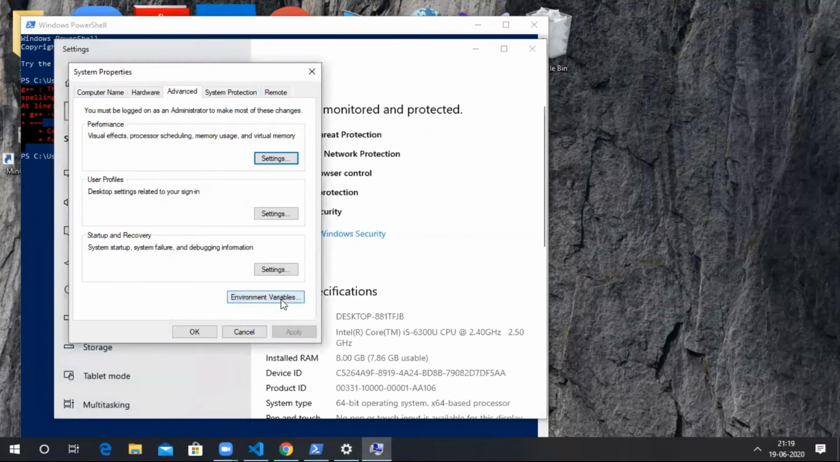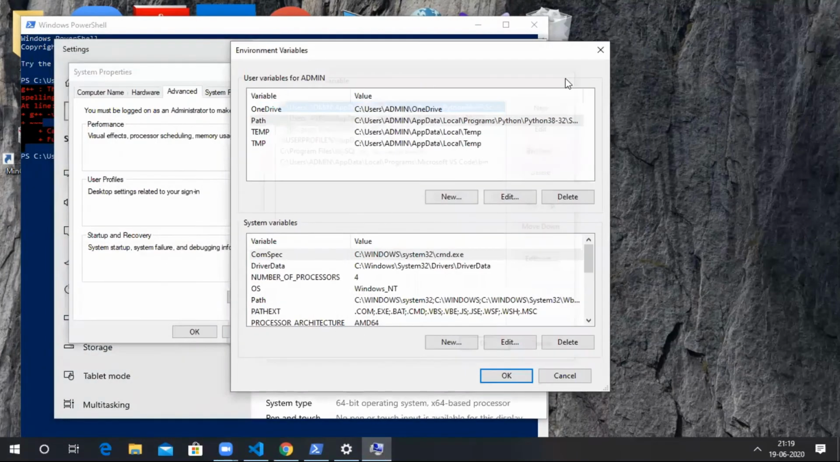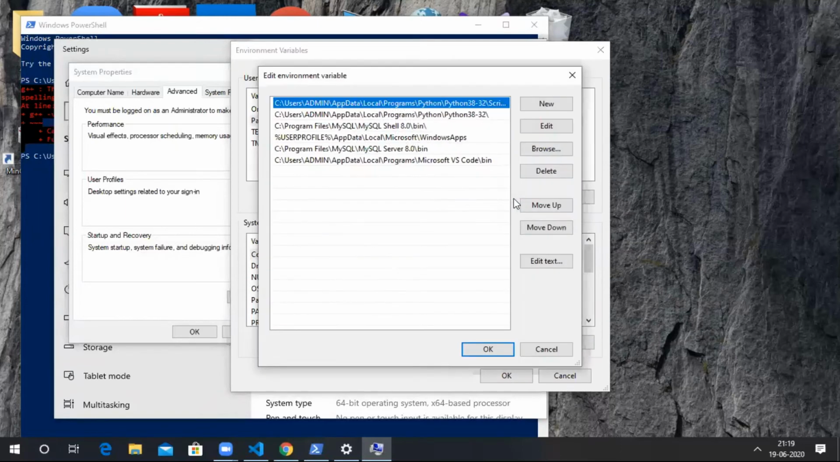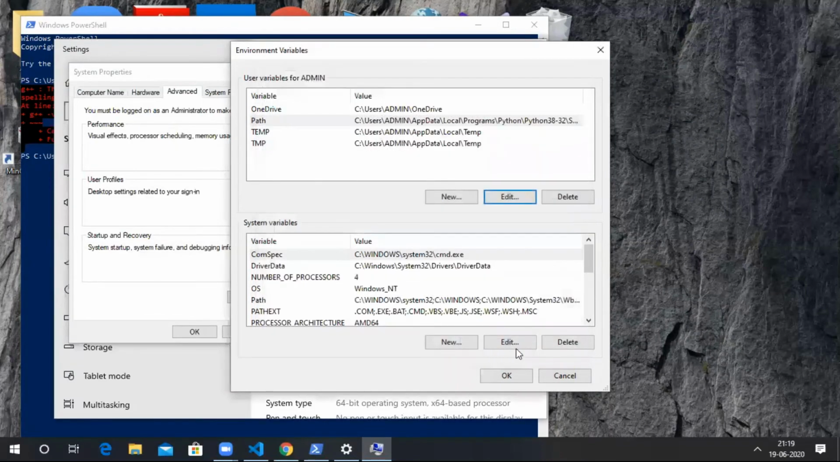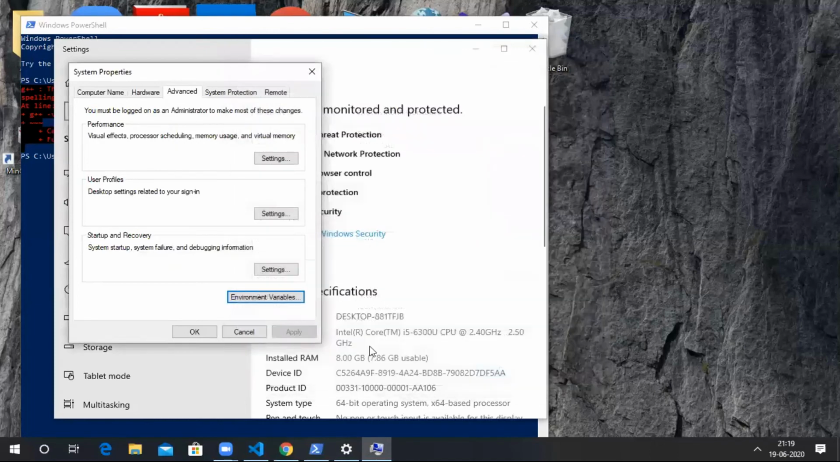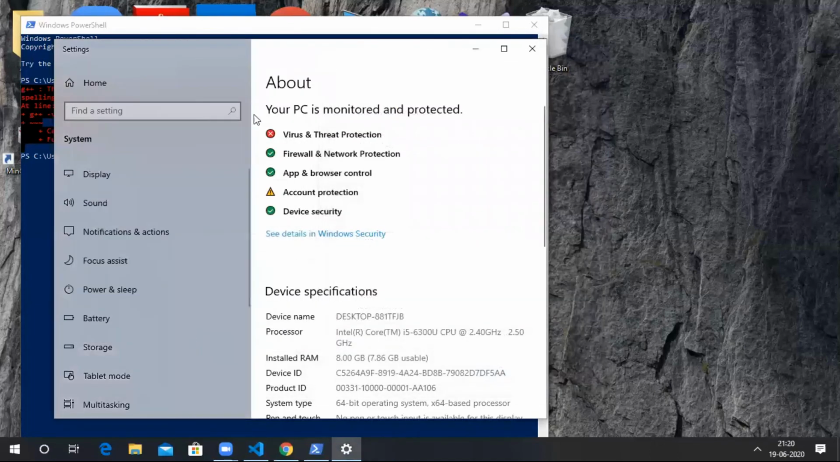Here we can see environment variables. Double click on the path or click on here or click edit. Here we need to add a new path. We have already copied the path for MinGW bin folder, paste it there and click OK, OK, and click OK. I'm closing this